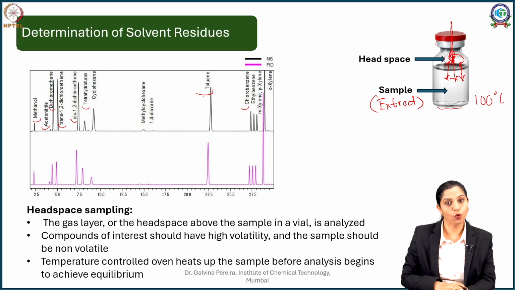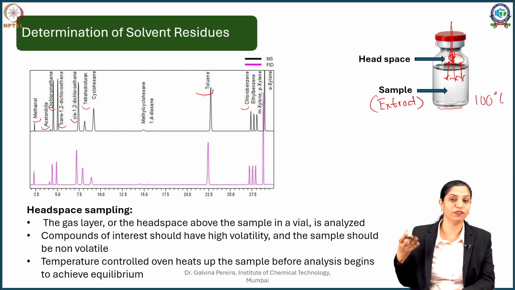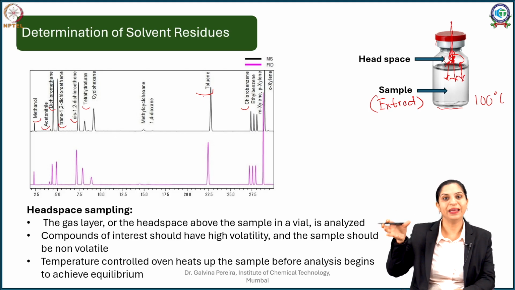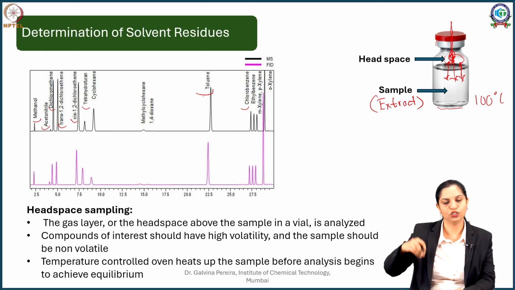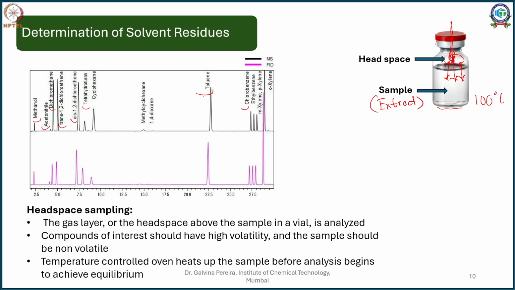So the temperature oven can help you regulate whatever volatiles are present, and this can be done even on a ml scale. There might be vials which are as small as 2 ml, there might be vials as big as 100 ml for headspace analysis. This is all sucked in and put into your GC, and that can help you analyze the solvent.